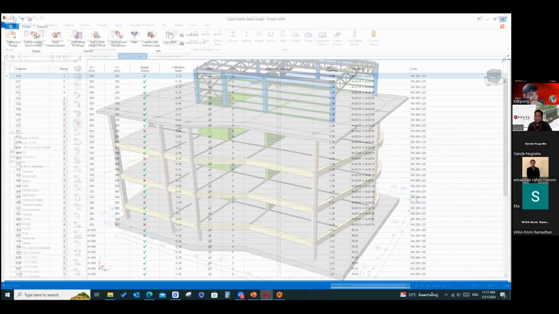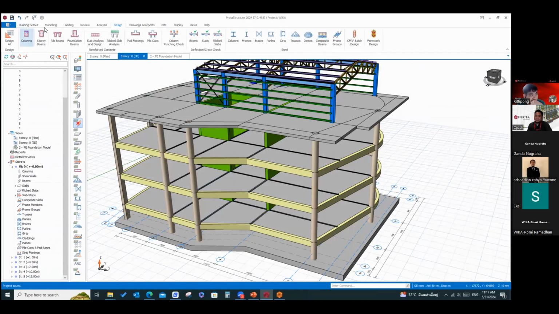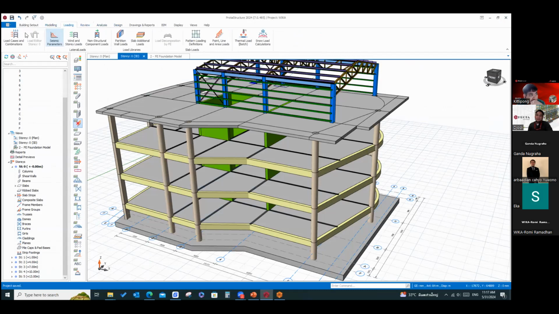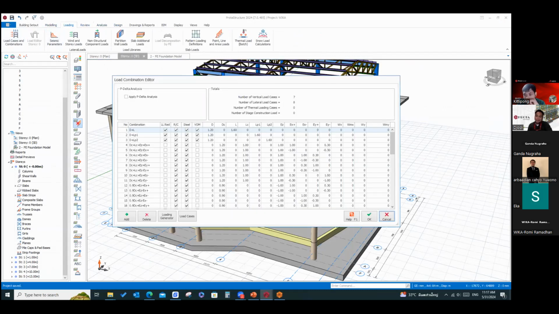Iya, di analisis pertama dulu, terus habis itu kita adjust gitu Pak. Oh, oke. Kita modifikasi. Okay, Khun Kitipong, can we adjust for the safety factors after analysis first, and then we can adjust the safety factor after that to be sure about the efficiency of the design? Something like that.